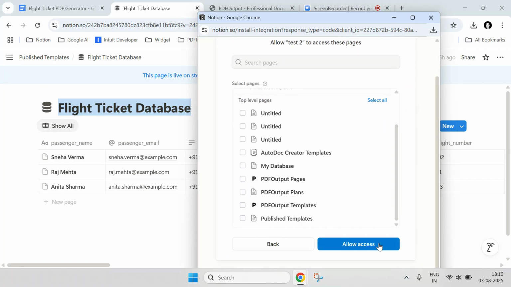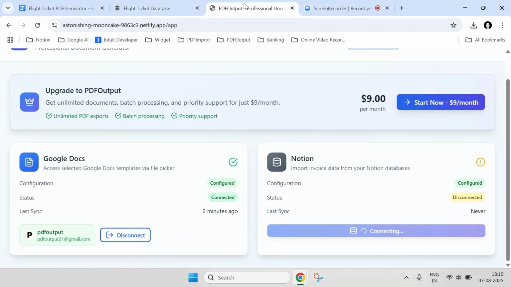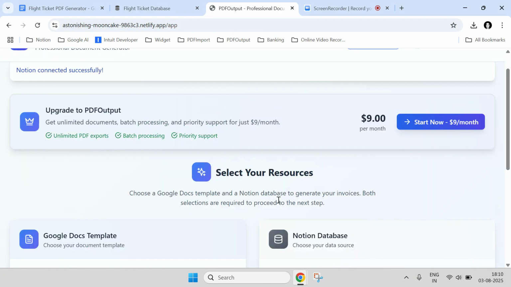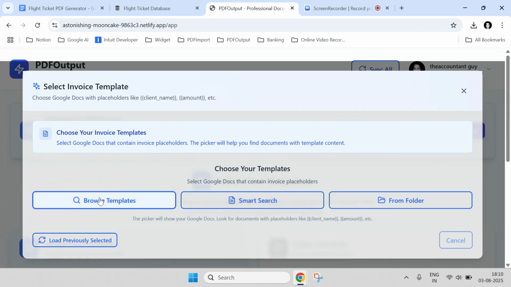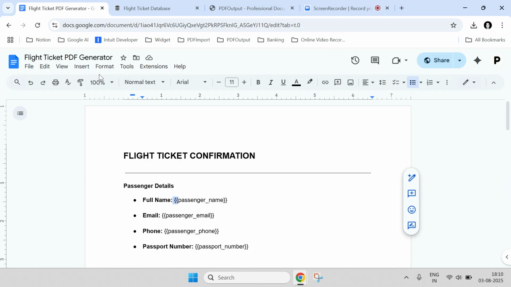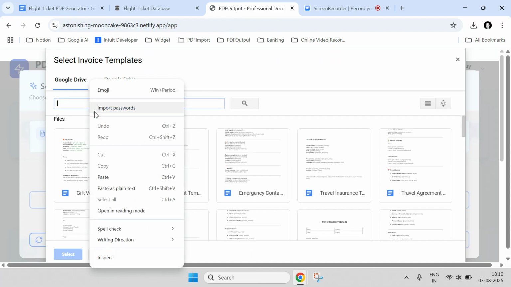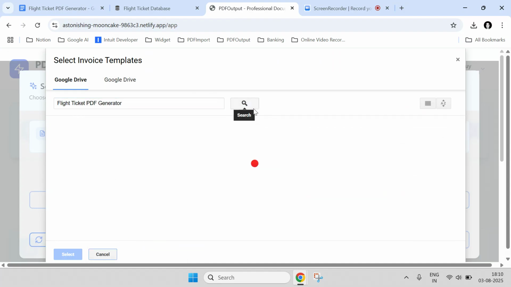Scroll down, click on allow access. So now the PDF output tool will gain access to the database. And now we can select the template and the database and start the automation. So I'll click on select template, scroll up, you can see browse template, click on this, and let's copy the entire name of the document. So select everything, copy the name of the document, go over here, paste the document name, click on search, and